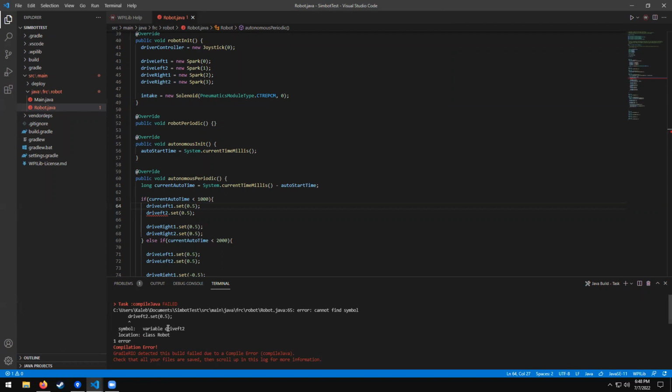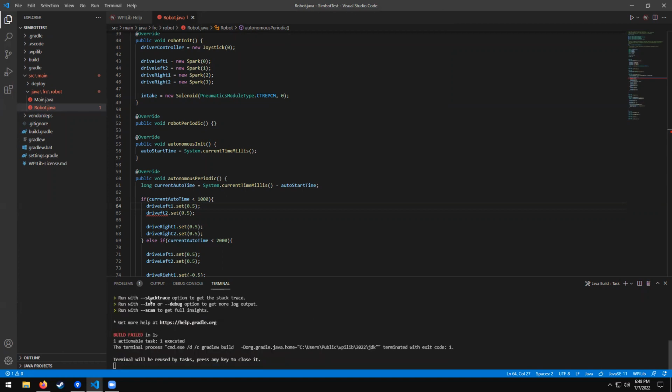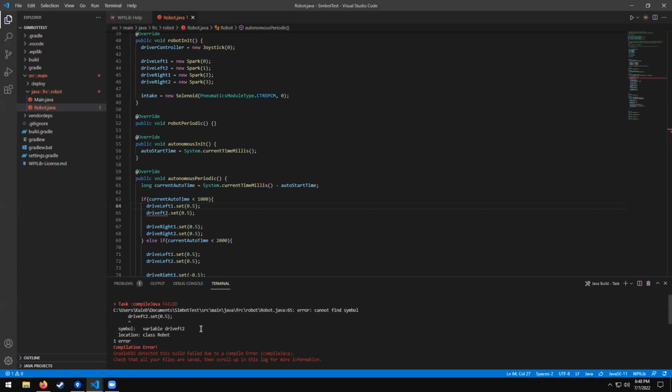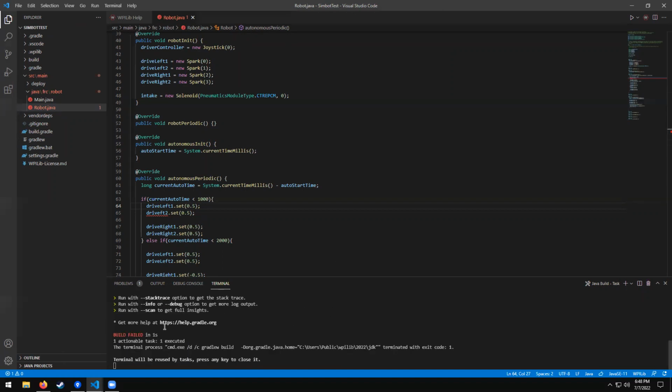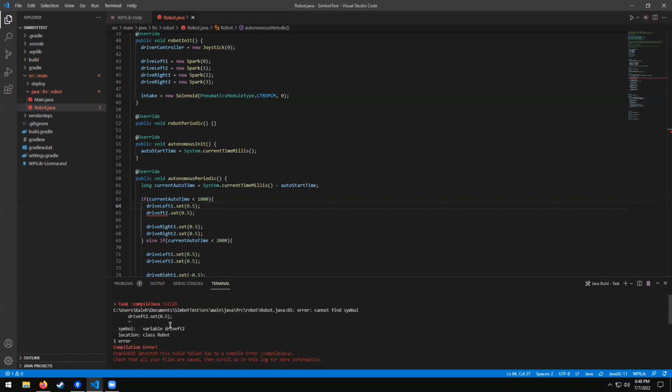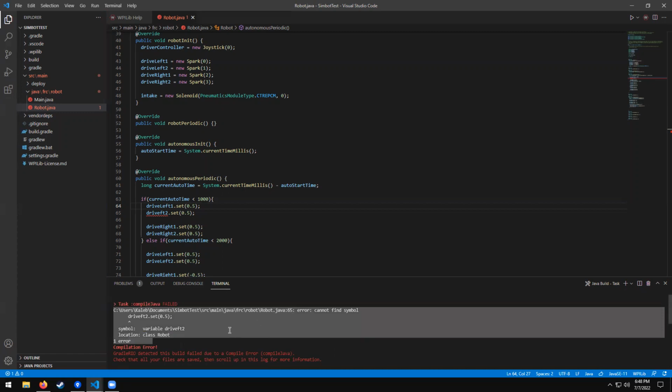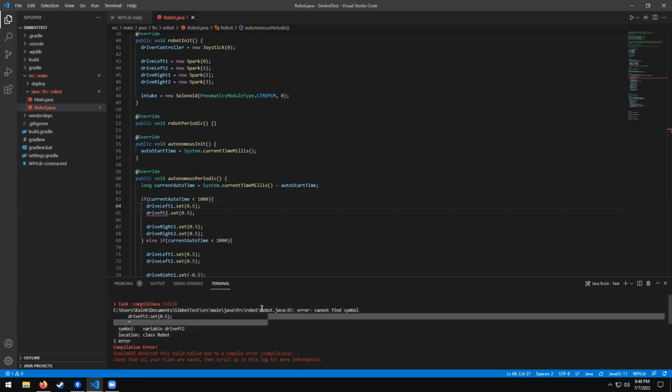It doesn't know what that variable is. So being able to read these error messages is pretty important. Obviously, when you're first starting out, it's going to be hard to know exactly what everything means. But if you're ever trying to get someone to help you, scrolling up and copying and pasting this message and showing them is going to help a lot, because then they're going to be able to figure out